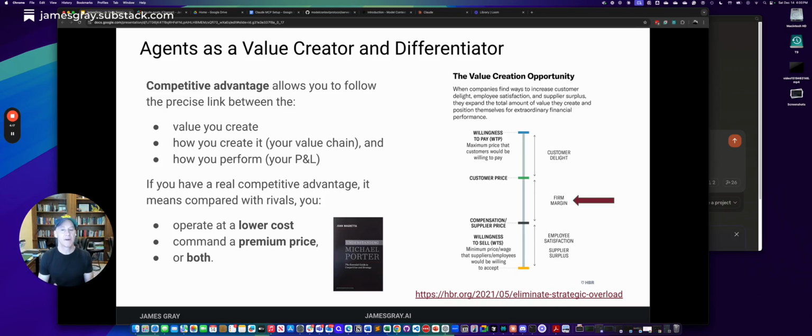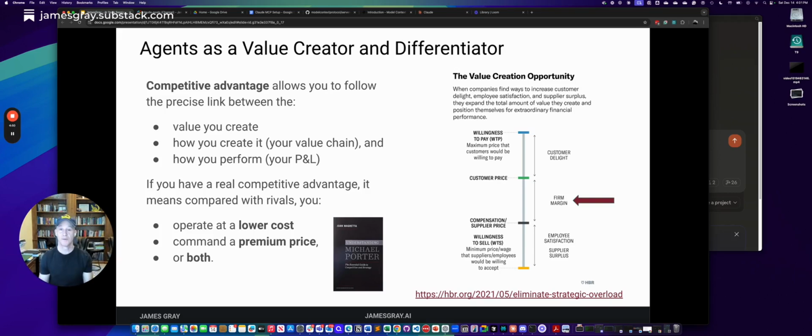When we think about agents, if we can leverage agents to automate workflows, reduce cost, and improve productivity in the organization, obviously that has the potential to create competitive advantage, although every one of your competitors is probably doing the same. The other lever we have is increasing the premium of the offering. As you think about integrating AI experiences into your products and services, that may actually increase the value or the willingness to pay of your customers.